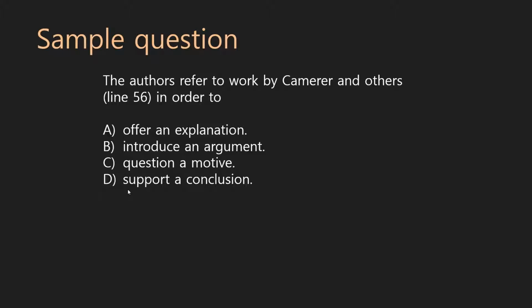They both sound kind of good. Offer an explanation. Yeah, Chimera's explanation is why gift givers think this way. A totally works for me. But what about D? D was supporting something too. That works. But hang on, it says support a conclusion. A conclusion is like a final thought, what you realized.